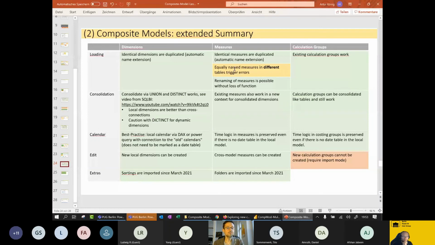So there are some new findings I added here in the summary, like the naming, which is quite strange. In different tables, error, in the same tables, no error. And the calendar, so you can create a new one. I recommend this hierarchical linking, and here you see that